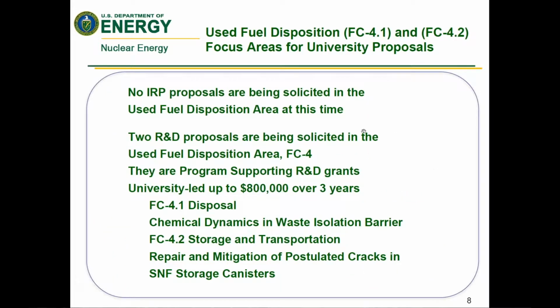So this year, we're not going to have any IRP proposals or scopes of work like we have in the past, but this year we're just going to R&D proposals. We've got 2 R&D proposals. They're going to be programs supporting R&D grants, university-led, with a budget up to $800,000 and up to 3 years. We have FC1 or FC 4.1, which is disposal